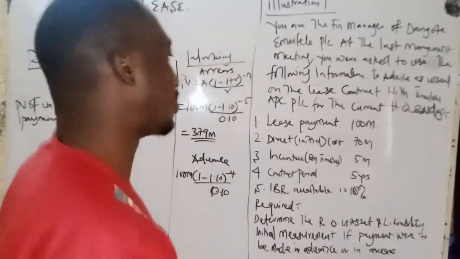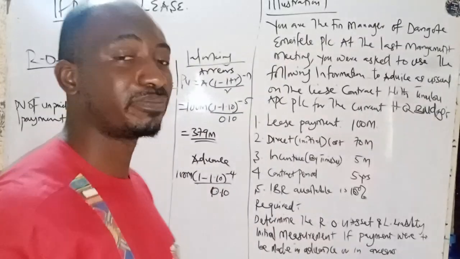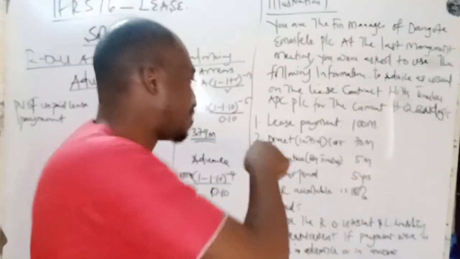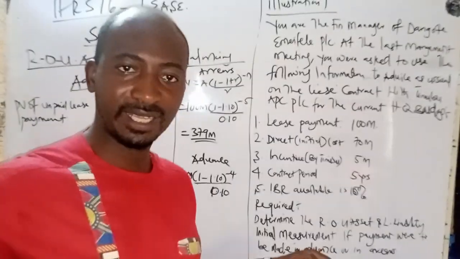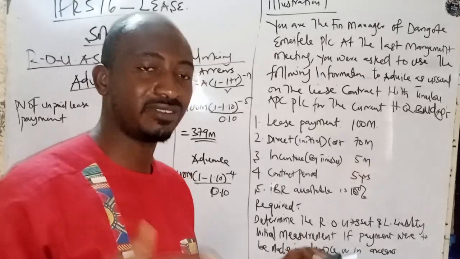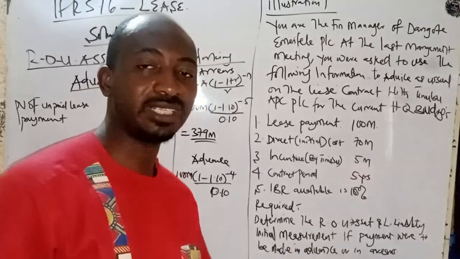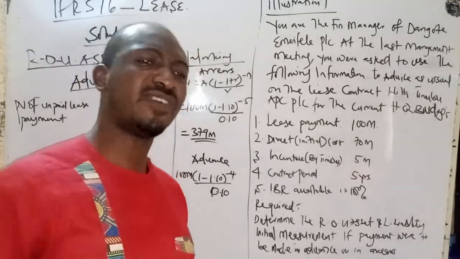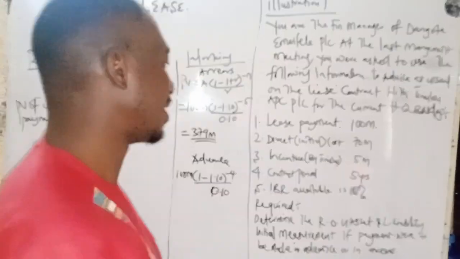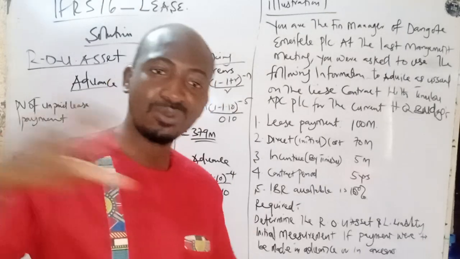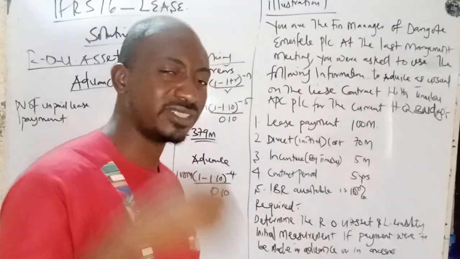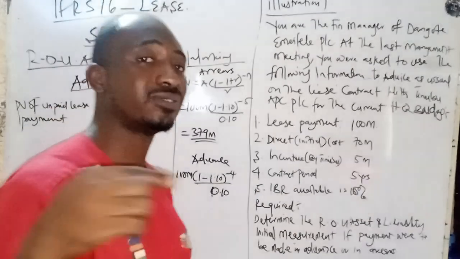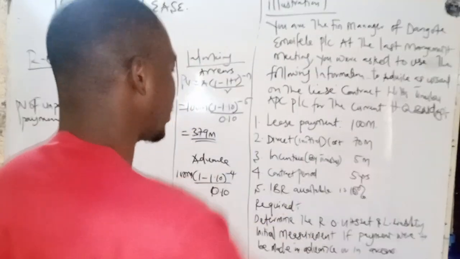You understand? So what we want to do is to find out what will be the present value of that lease payment. This is a spread, right? We are going to pay for 5 years, meaning we are supposed to pay 500 million within these 5 years. But we want to know what is the present value of that 500,000 cash flow, as it were, in today's term, and that's why we are discounting it into today's present value using the incremental borrowing